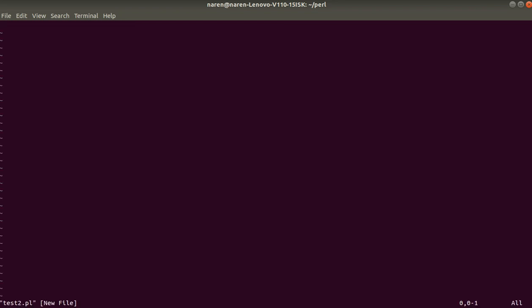After entering this file, we need to edit it. For editing we need to press I, and it will go to insert mode. Then only can we write anything in this file, otherwise we can't do anything. It won't allow us to write something in this file, so we need to press I, and it goes to insert mode. Then only can we write.